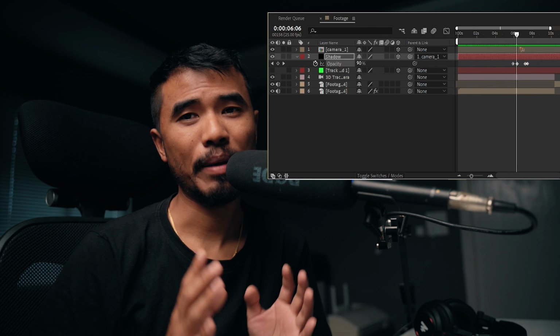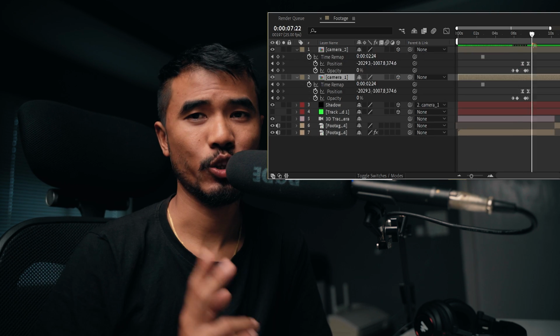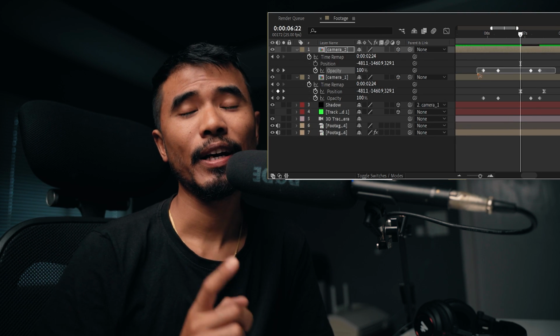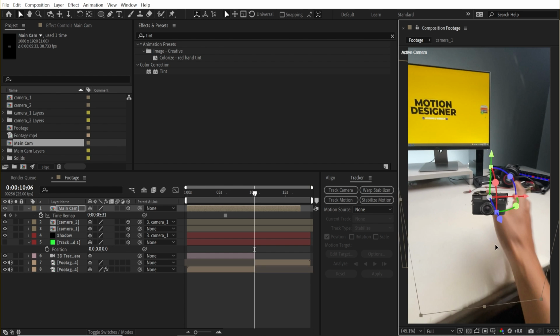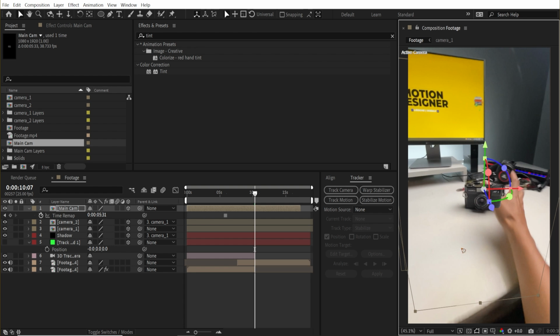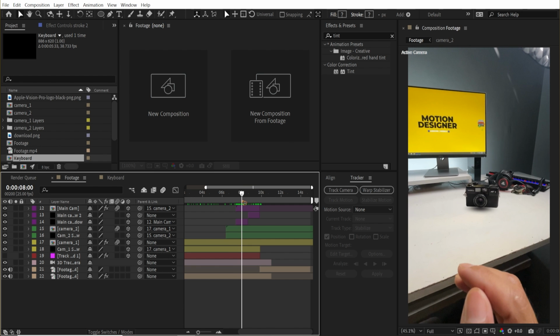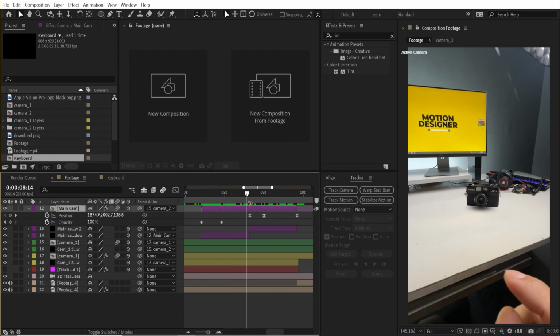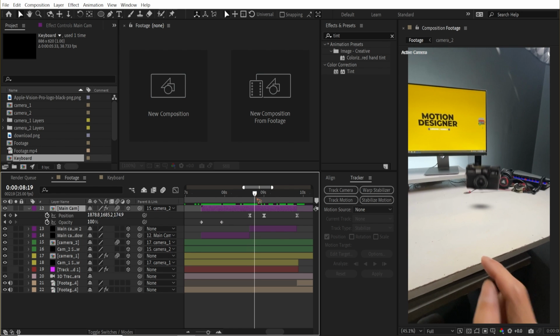So you'll repeat the same exact thing for the other two cameras, but make sure the size of the final camera matches the size of the camera on this clip, because that's very important. We're creating a seamless transition here. So for the final camera, I added a position animation. So I match the hand gesture again so that it's kind of floating and jumping in the air like this,